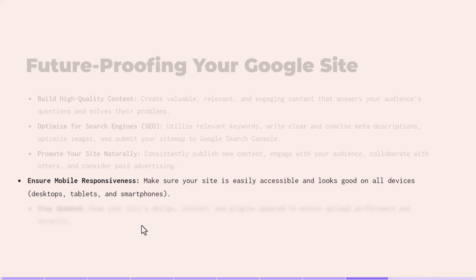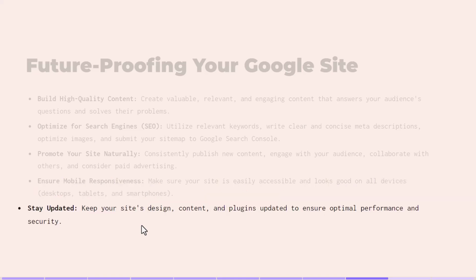You want to make sure it's mobile. Now, Google does make everything mobile responsive on these Google sites. But again, you want to make sure that the images are laid out correctly. And I'll show you how to do a quick check for mobility. Okay. And then you want to just keep your site updated. Keep publishing content to it.